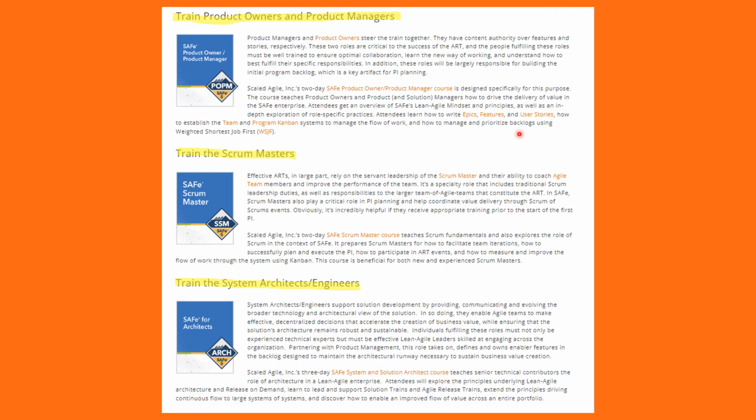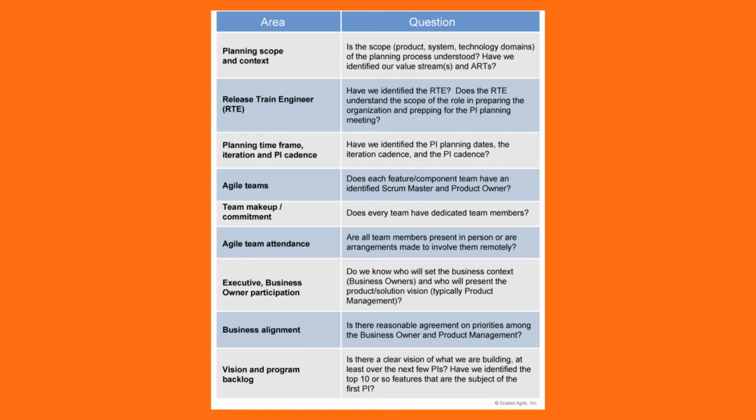next step is to train our product owners and product managers, then train the scrum masters, train the system architects and engineers. So there are three groups of people you can have a focus group training for each role of agile teams. So once you give the training, then you can go for checking the readiness of ART actually,